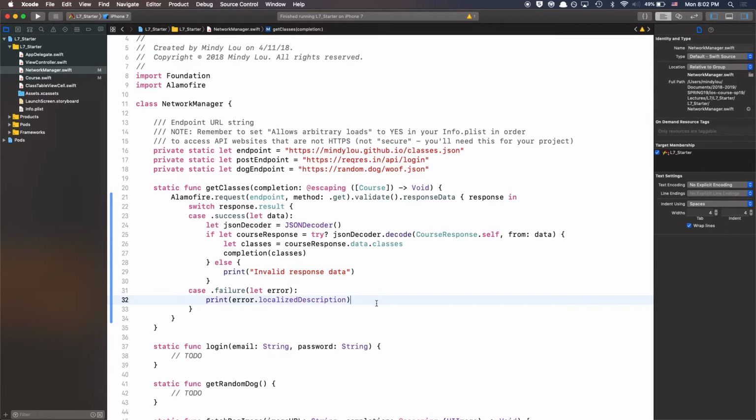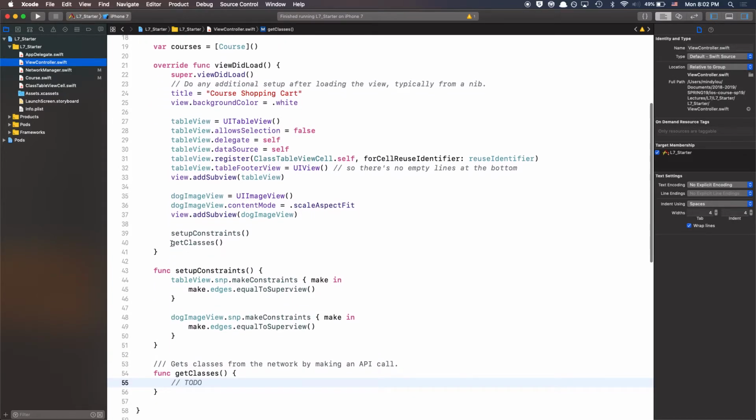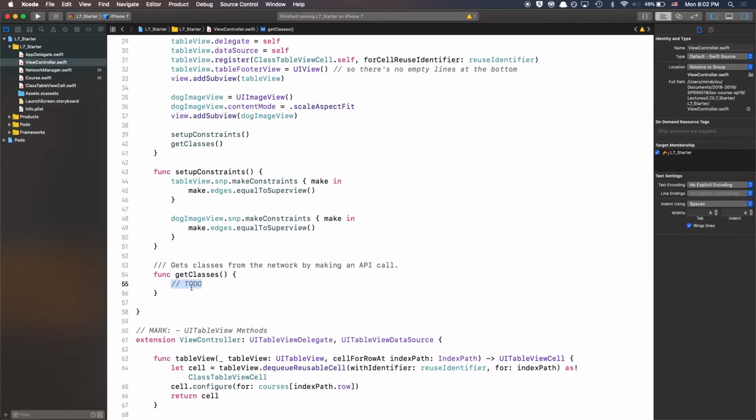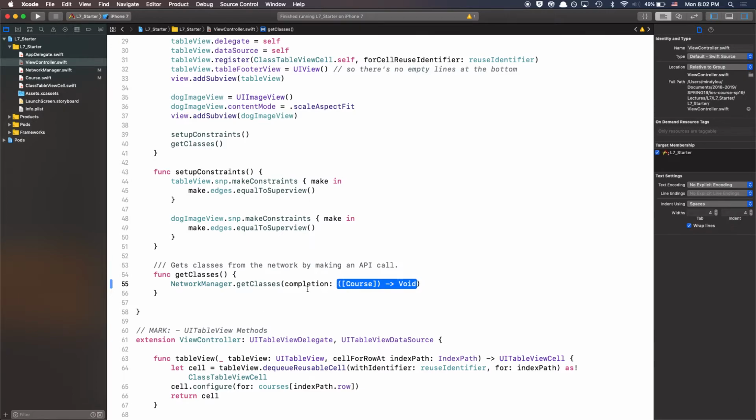Okay, so now that we've done this, we can actually call our network manager function. So if we go back into view controller, we're calling this in viewDidLoad, but currently getClasses does nothing. So in order to call this function, we're going to do networkManager.getClasses, and you can see here that it takes in an argument called completion of type course to void. And what this is saying is basically once